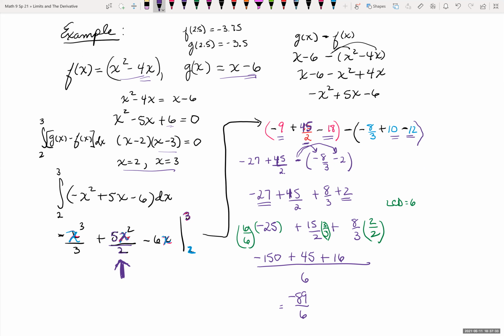45. Still need a common denominator, but when I do 45 times 3, let's see what that is. It's giving me a 15. That's going to be a 135. And so 135, if I add my positive first, I get this negative 150 plus 135 plus 16. That gives me 151,